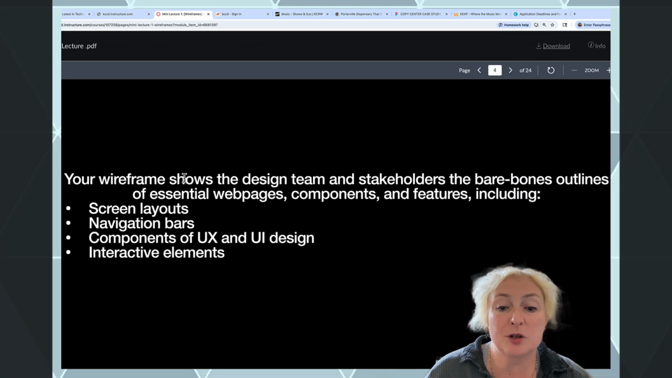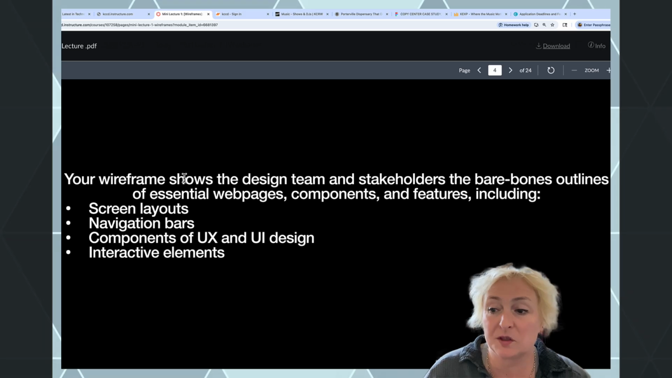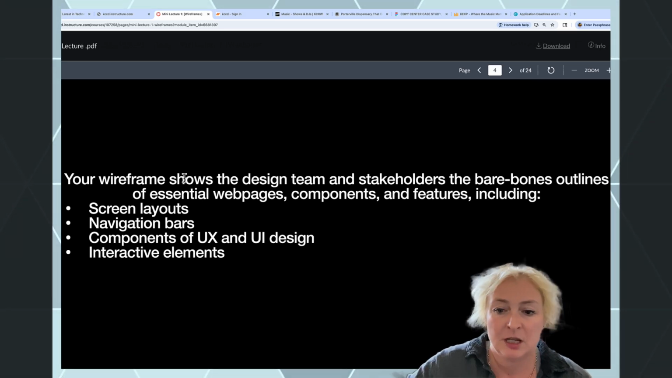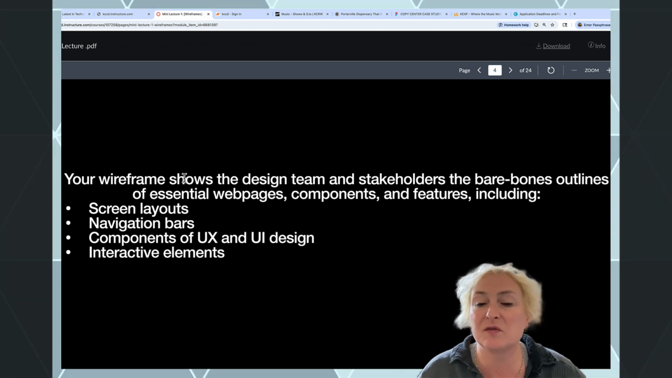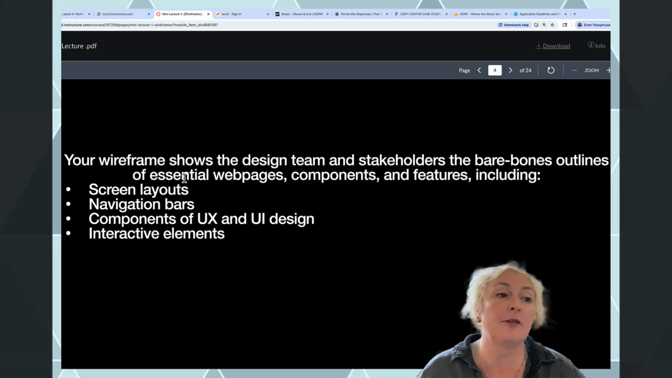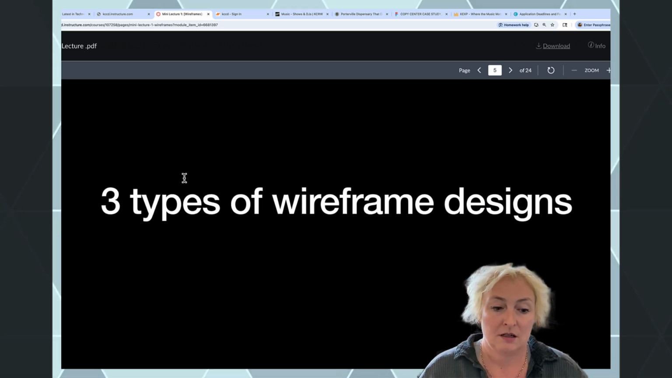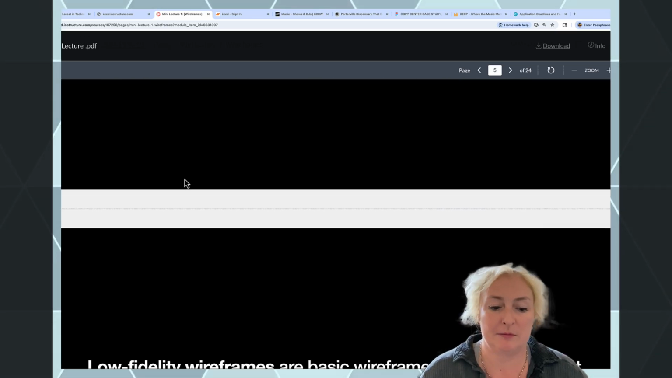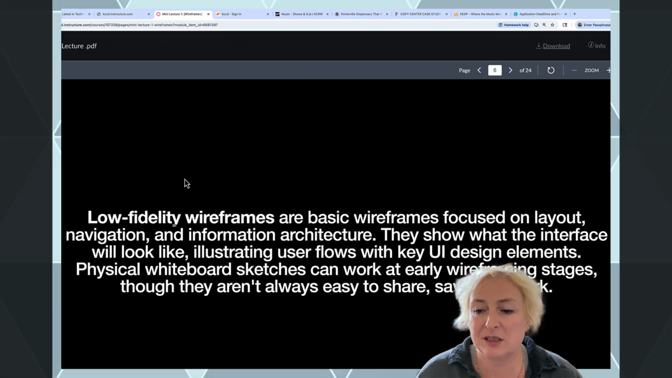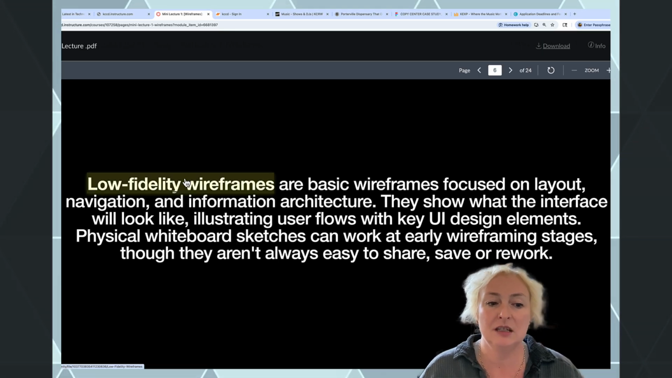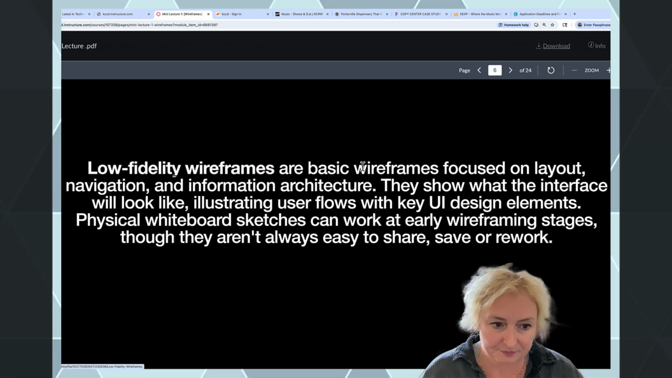Your wireframe shows the design team and stakeholders the bare bones outlines of essential web pages, components, and features, including screen layouts, navigation bars, components of UX and UI design, and interactive elements. So there's 3 types of wireframe designs. There's the low fidelity wireframes, which are wireframes that are focused on layout, navigation, and information